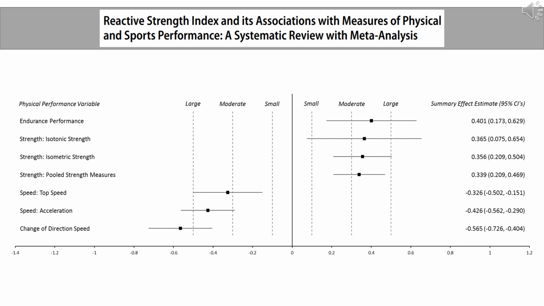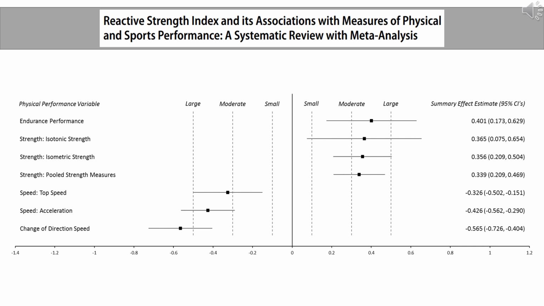It's a product of how high someone jumps versus how fast they are off the floor. That makes it a ratio, and that might go some way to explaining why these correlation values are actually not as high as some of the correlations we saw between the counter movement jump and linear or change of direction